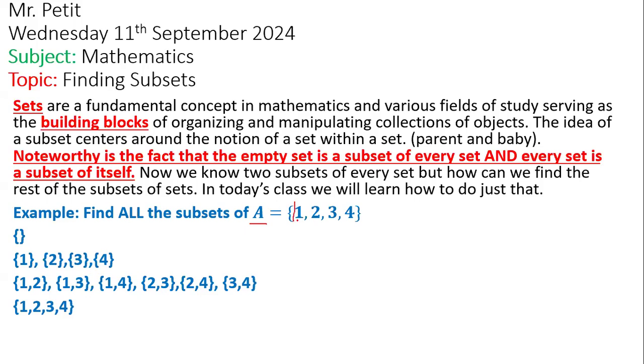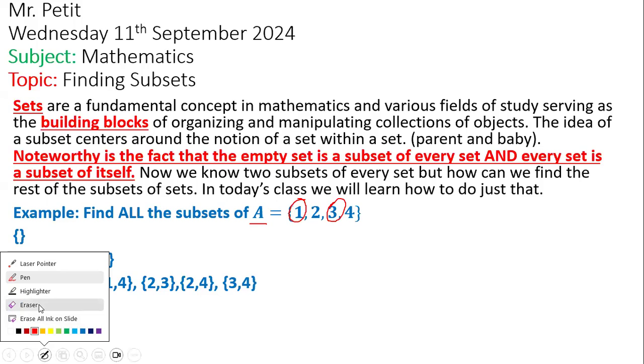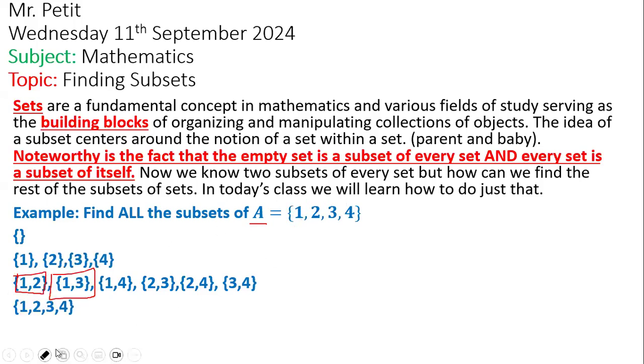So we could do 1, 2, right? That is a set, right? What else we could do? We do 1, 2, so we need to do something else with 1. We could do 1, 3. And that's what we did here, right? What else we could do? 1 and 4. We could do 1 and 4, right? That's another subset because it comes from A, right? And what else we could do?